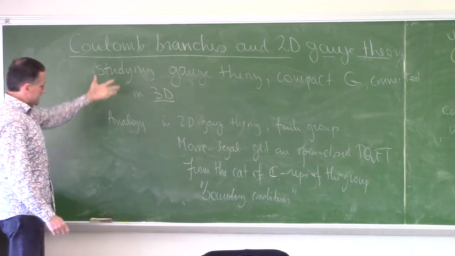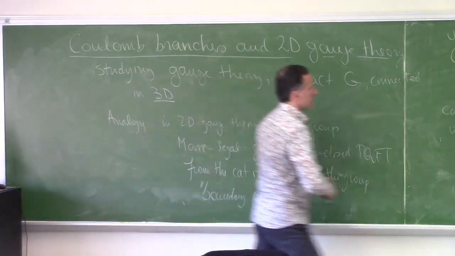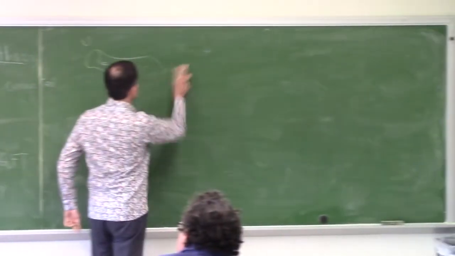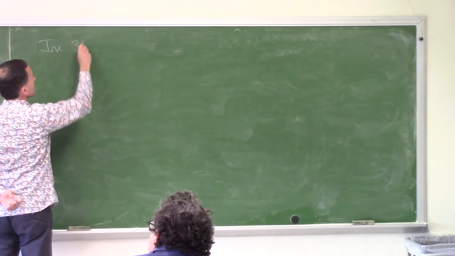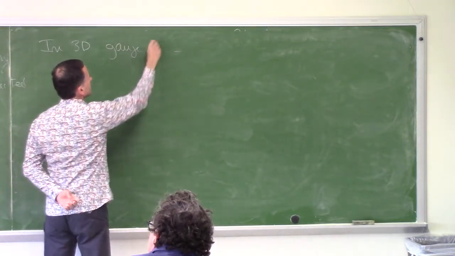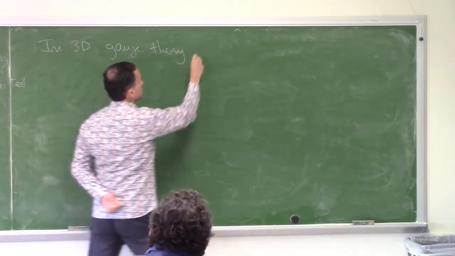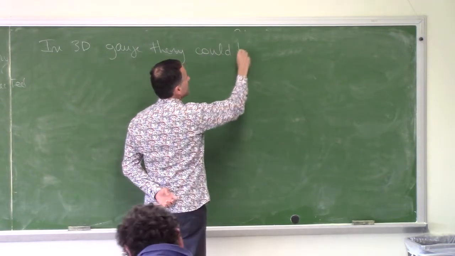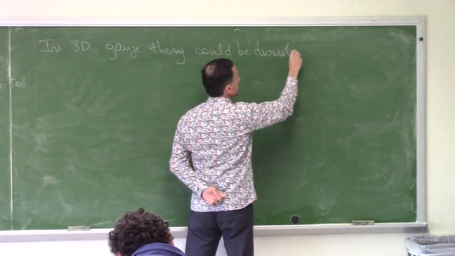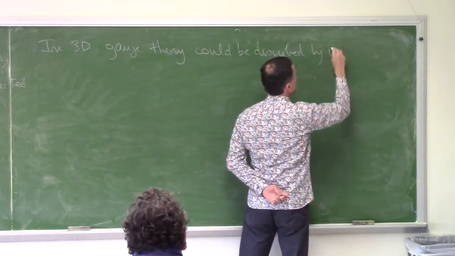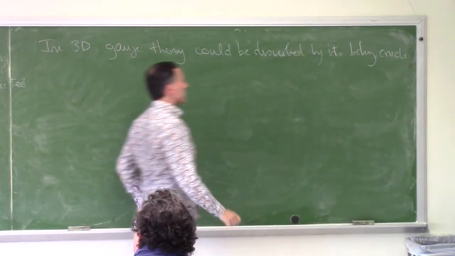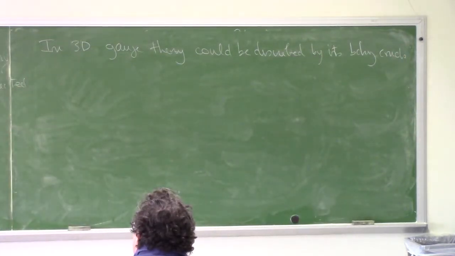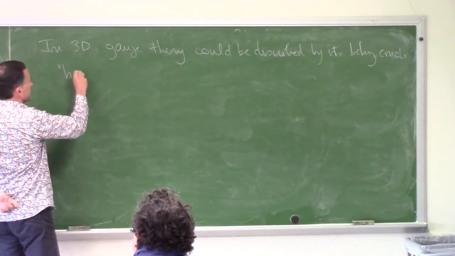So, I'll take the same point of view in 3 dimensions. In 3D, the gauge theory, if you're lucky, should be described by its boundary conditions. And the boundary conditions are meant to be higher analogs of representations, and they will be representations of linear categories. So higher representations in the sense of actions on